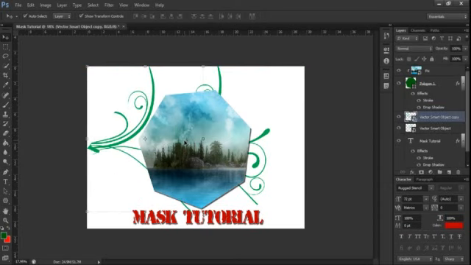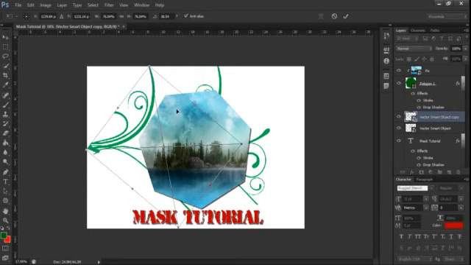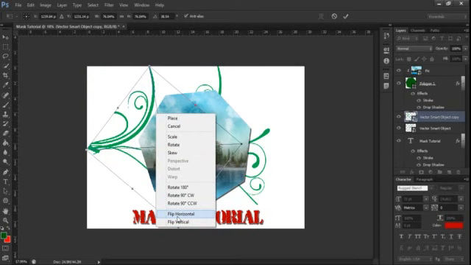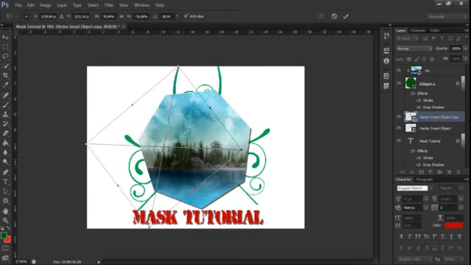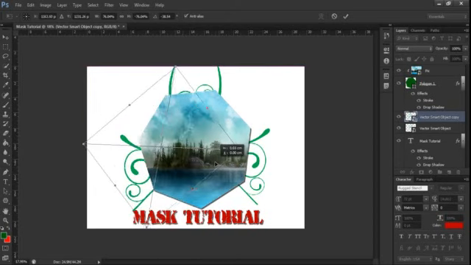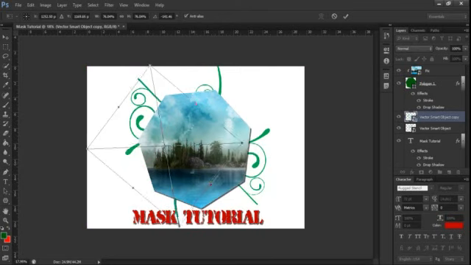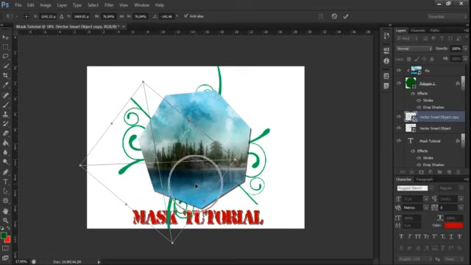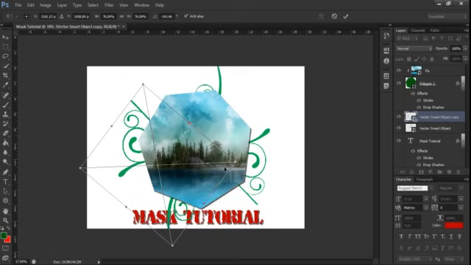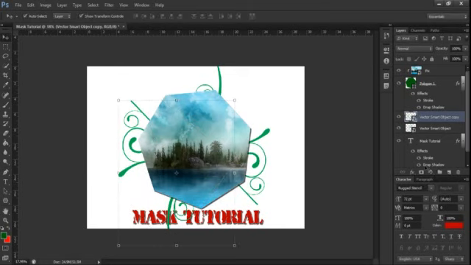Now I want it to become like the other one, so I will press Control T, that is the free transform tool, right click and flip horizontal. You'll realize that they'll come that way. I want to flip it vertical also to reduce the similarity. Yeah, that way. When I'm done, I'll just commit, and you realize that they are now on the right and